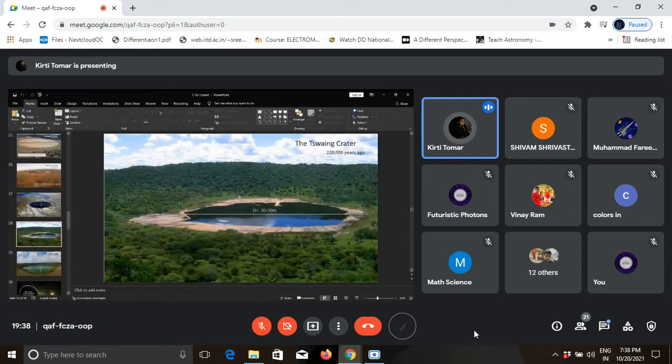This is Swan crater. The Swan crater was created by a chondrite or stony meteorite, some 30 to 50 meters in diameter, that hit the earth about 220,000 years ago. In the center of the crater is a small lake which is filled by a spring and rainwater.